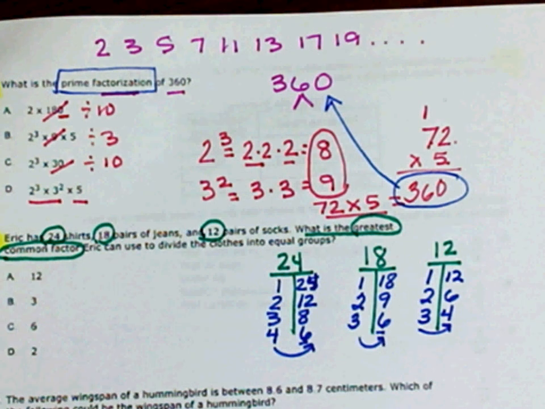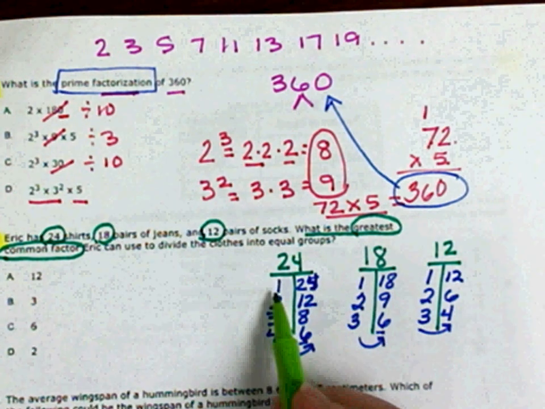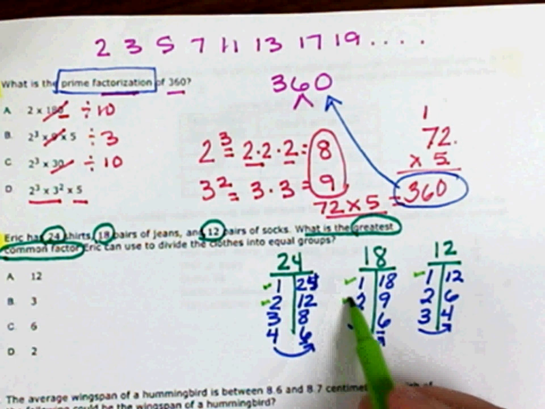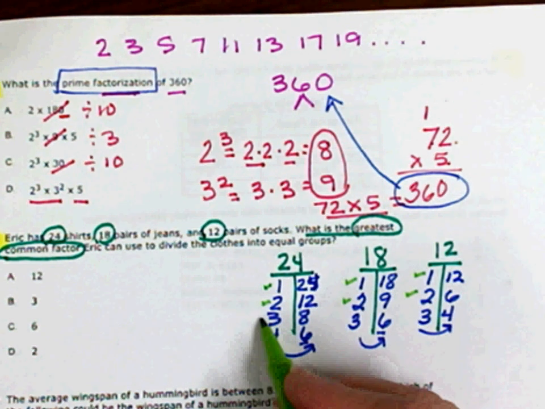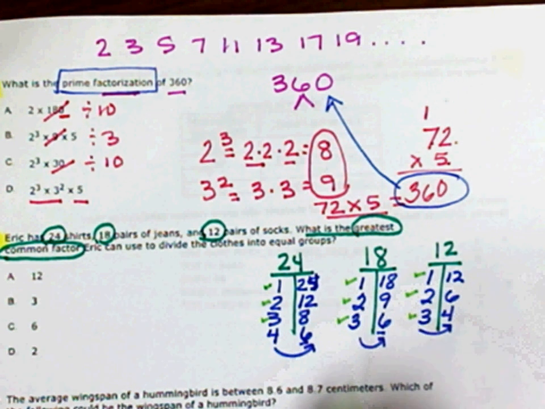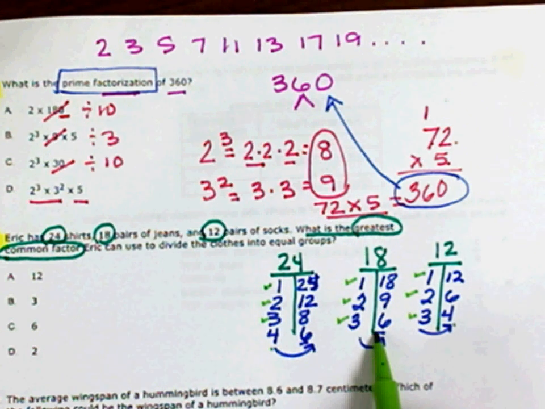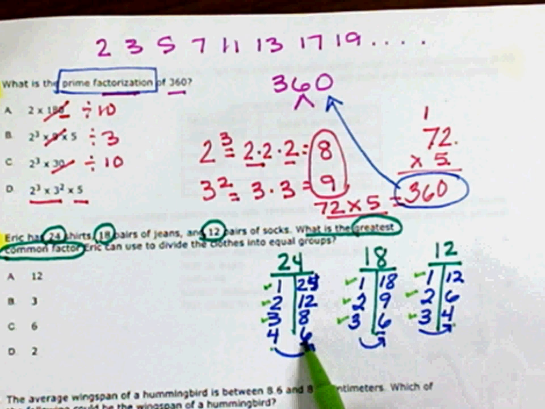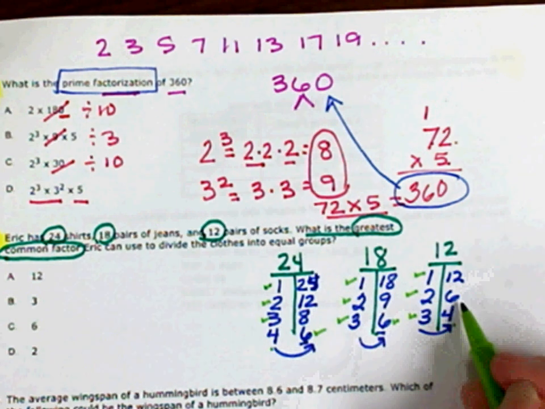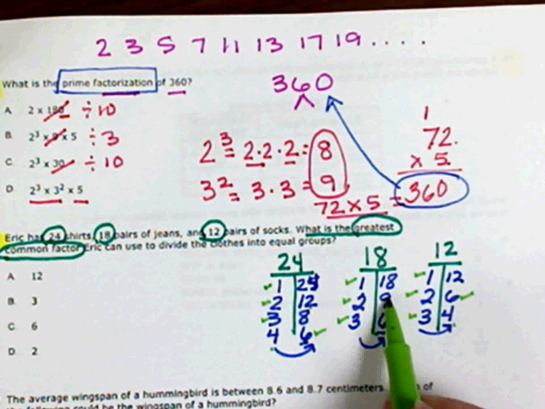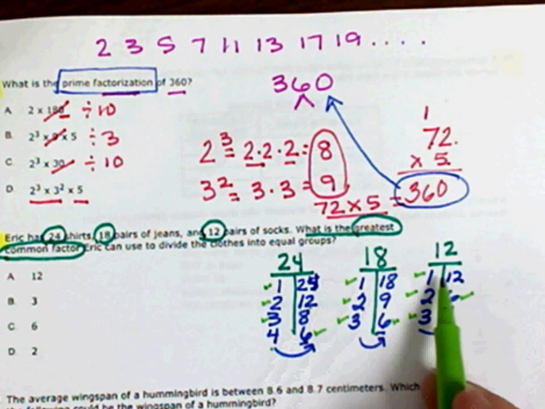So now I'm looking for the greatest number they have in common. They all have a 1, they all have a 2, they all have a 3. Two of them have a 4, but this one does not have a 4, so I cannot pick 4. I have a 6, and a 6, and a 6. We have a 12 on either end, but this number does not have 12. We have 9 and 18, which are not shared. So the greatest